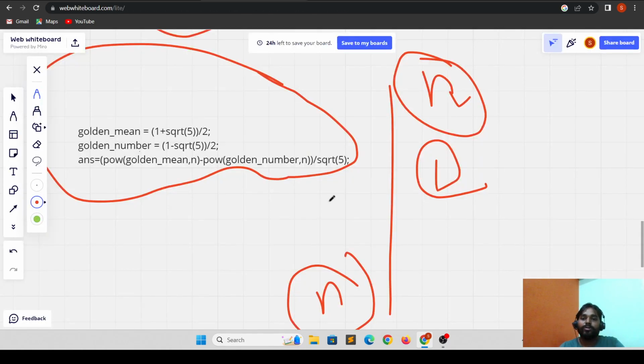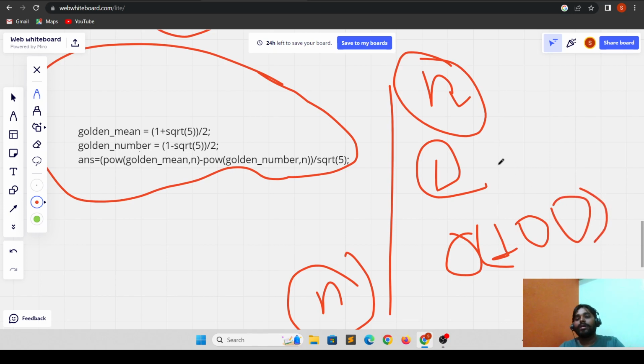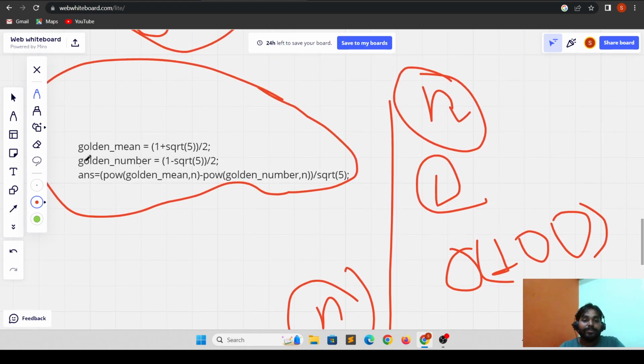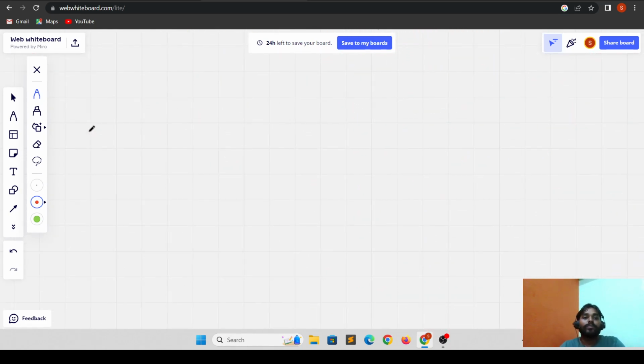Okay, suppose your n is equal to 100, so the complexity of this code will be order of 100. So this is an order of n solution. But what I'm going to tell you about is the order of 1 solution. It is actually very important in competitive programming, because if you know how to calculate the nth Fibonacci number in order of 1, it will give you a boost, because there might be some problems where you suppose in one